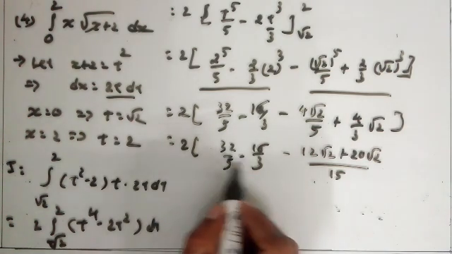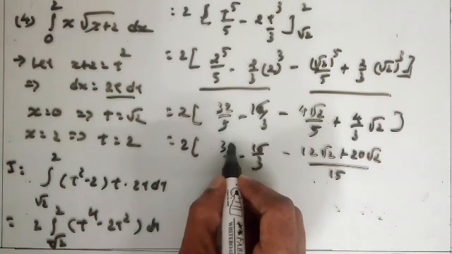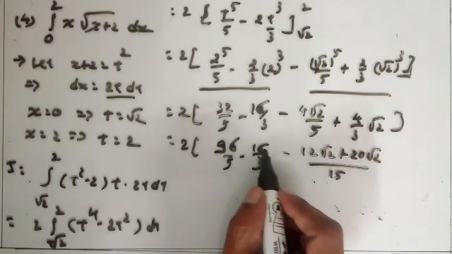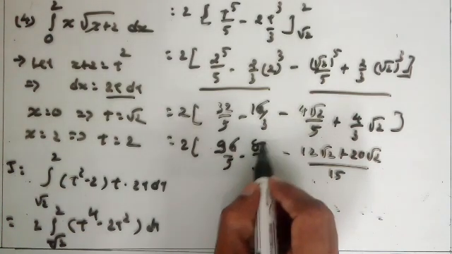Same here, 5 into 3 15 take LCM, so 3 2 6, 3 3 9, 16 5 80. So is equal to 80 upon,